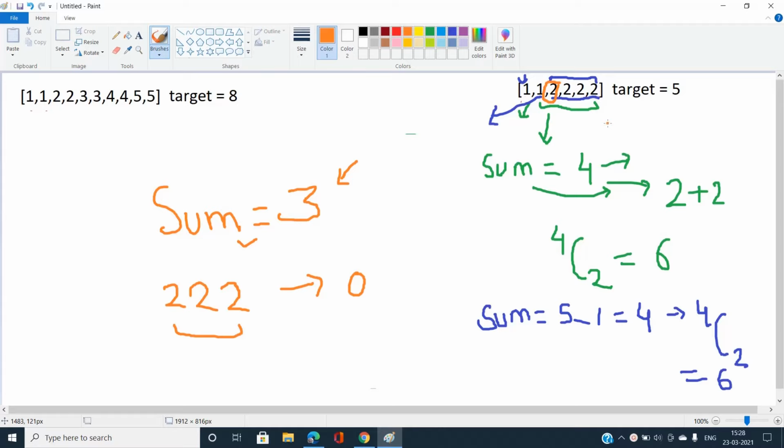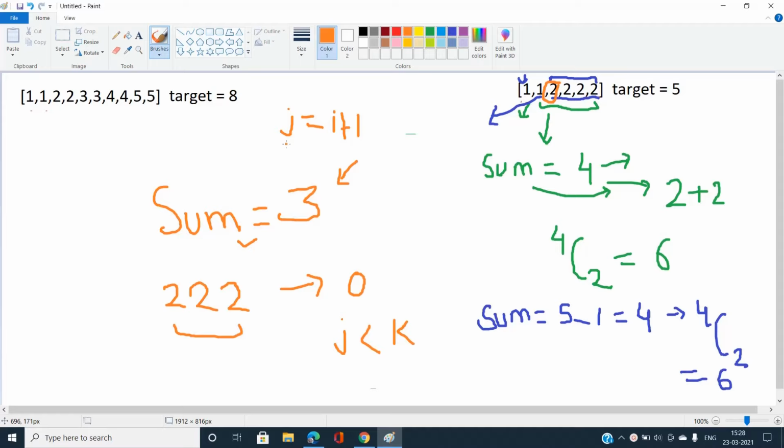And we need to find the number of pairs such that array of j plus array of k must be equal to my new sum, where j should be less than k, j starts from i plus 1, and k starts from the back side of the array. And I'm going to do this for every element of the array, that is, pick some element and check the segment to the right of it.